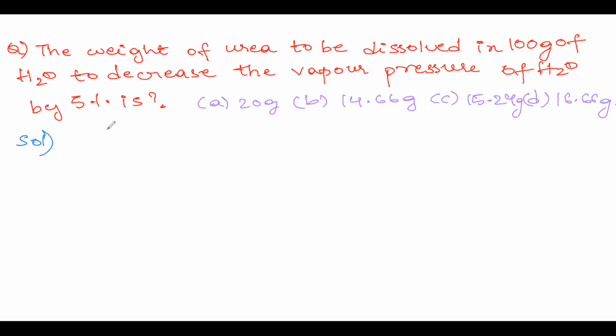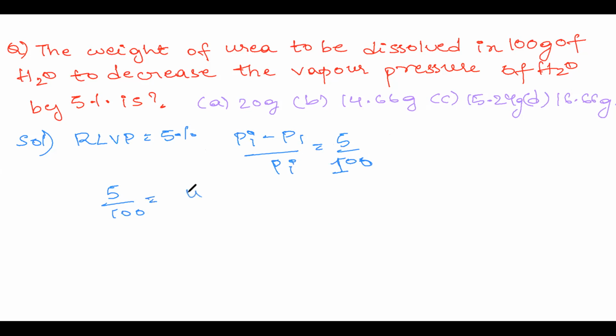RLVP is equal to 5%. Now what is RLVP? P1 naught minus P1 by P1 naught is equal to 5%. That is nothing but 5 by 100. This value you have to take. Now, you know the formula. 5 by 100 is equal to